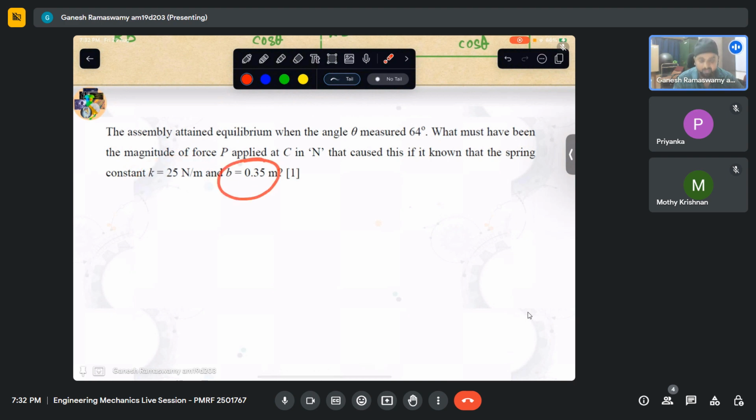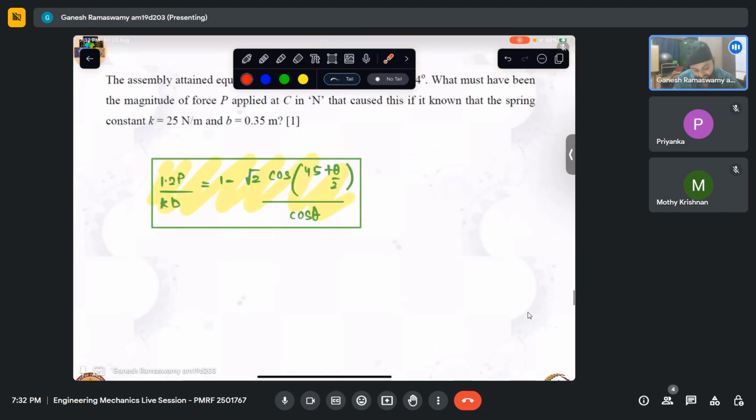So it is simple substitution. What we have been given is, what is P? When theta was 64 degrees and